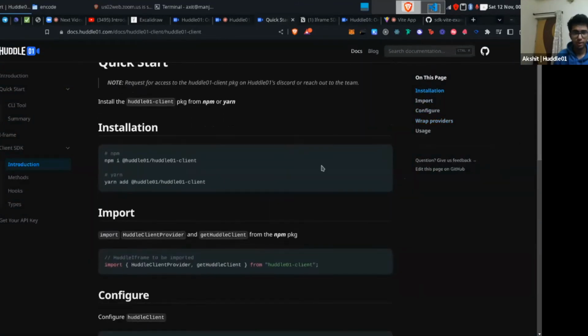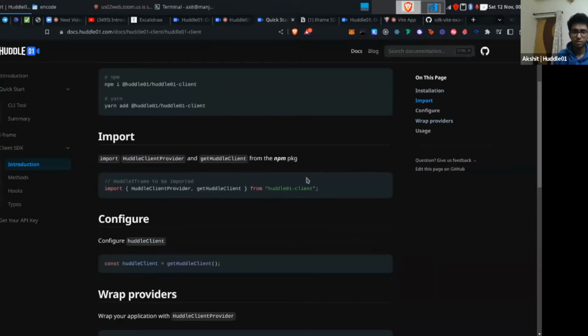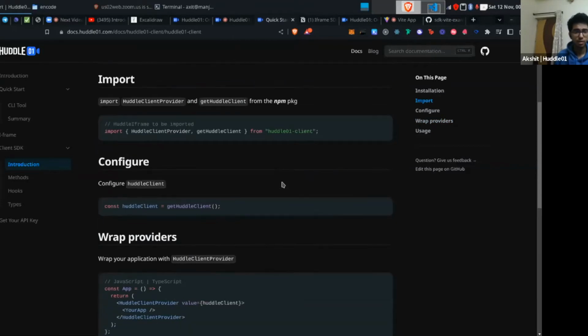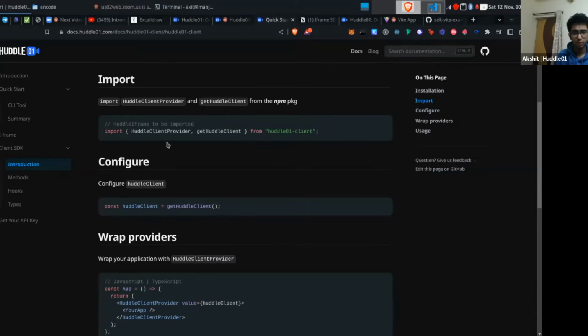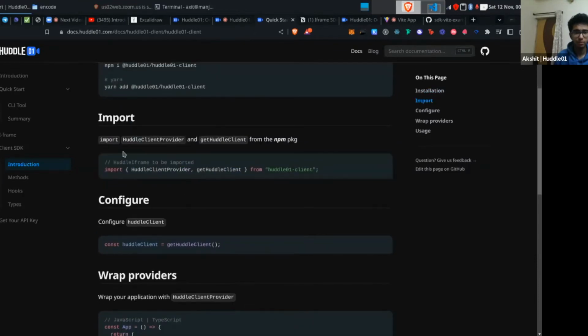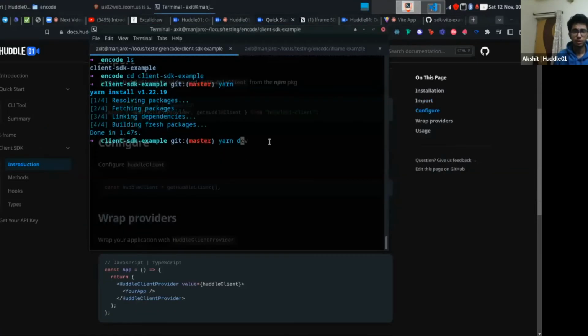If you're new to React, I'd recommend that you read up on React's documentation first, so it will be much easier for you to understand this. But if you're familiar with React, then this should be very smooth. If you're building it from scratch, you can just add the Huddle client dependency and follow this guide through. Otherwise, if you're using the CLI tool, then it will be good to go. The one that I've showed you just now is from the CLI tool, and I can say yarn dev,